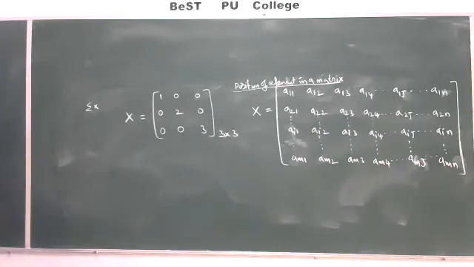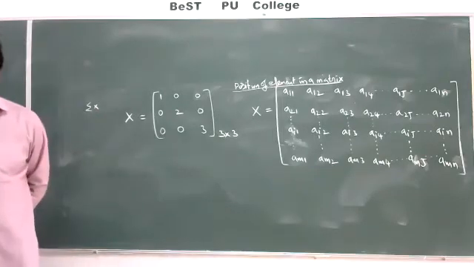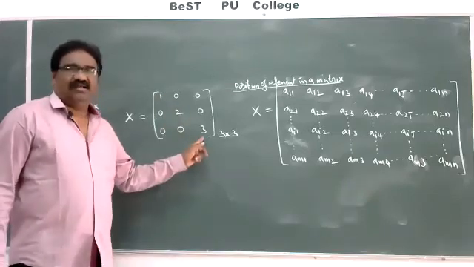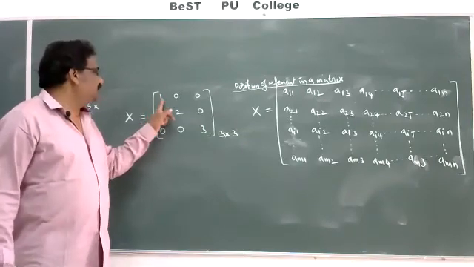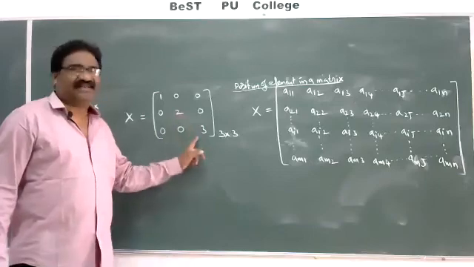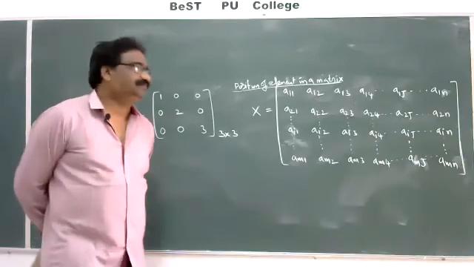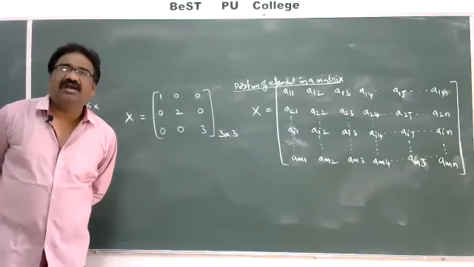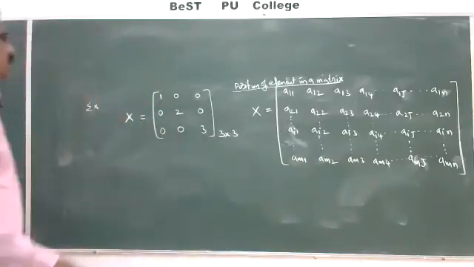Now the diagonal matrix, we define the diagonal matrix. What is meant by a diagonal matrix? In a square matrix, always remember that only this is the diagonal, not this side. This is called the principal diagonal. So in a square matrix, except the principal diagonal, the remaining elements are all zeros. Then the matrix is called a diagonal matrix.